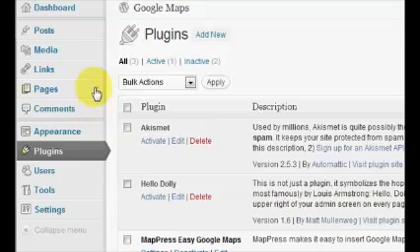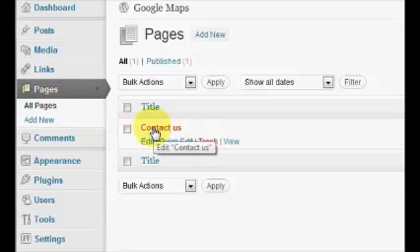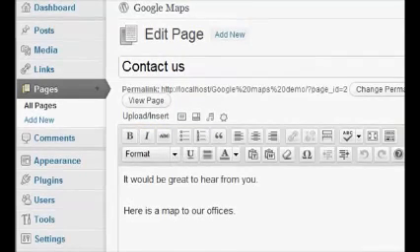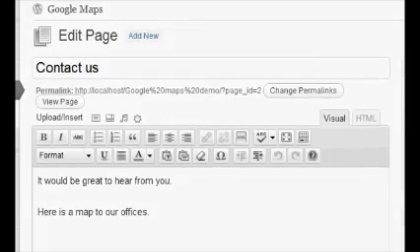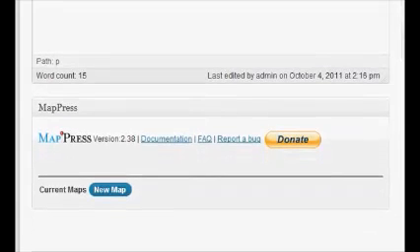What we need to do is to navigate to the page where we want the map to be. So let's go to Pages, All Pages, Contact Us page. We need to edit that one. The first step is to go inside the text editor and put the cursor where we want the map to appear. Then scroll down the page a little and you'll find at the bottom a new MapPress dialog box. Click on New Map